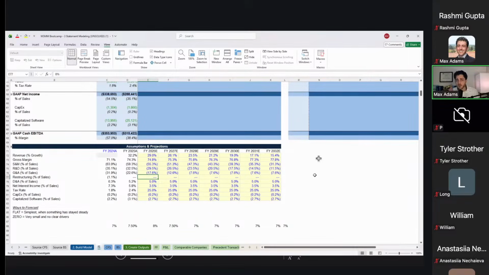If you don't have a clear sense of how to project it, you typically don't want to project it, because that would be false confidence to say, well, I think we're going to have restructuring in 2027 and not 2028 or something like that. The third way to project things is